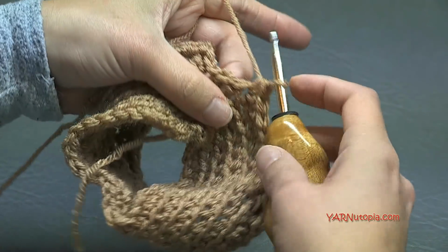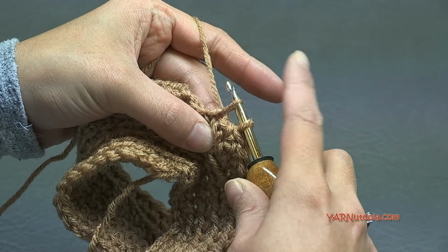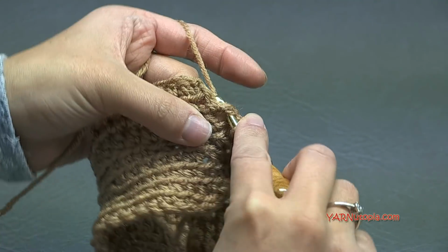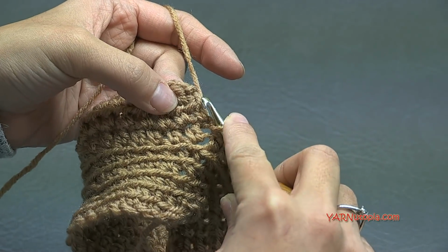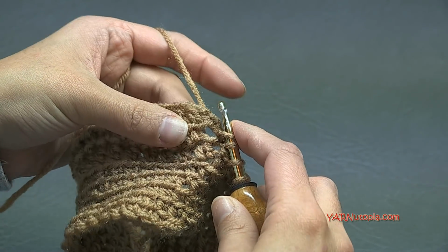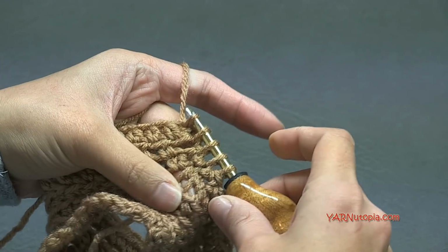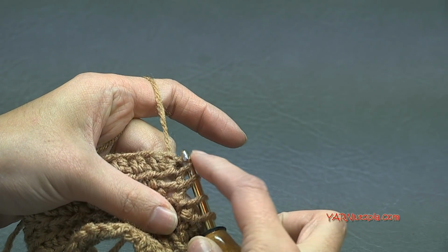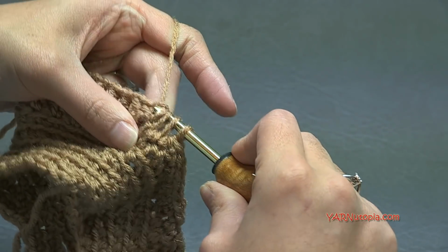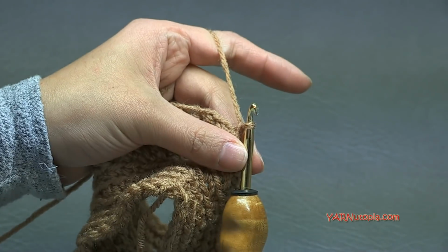So what we're going to do is go into this last stitch on this part right here, go in, yarn over, pull through. Go into the next section here, I'm just going to go right in here, yarn over, pull through, and then go up to the top or on this side, doesn't matter, right here is good, pull through, and let's do one more. Go up to the very, very top stitch, yarn over, pull through. So we have 5 loops on the hook, that's a single crochet all of these together. You could half double crochet them all together, it's up to you. Yarn over, pull through all of those loops,